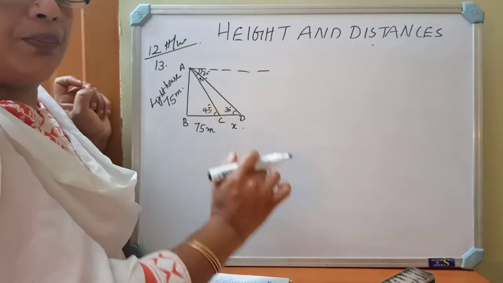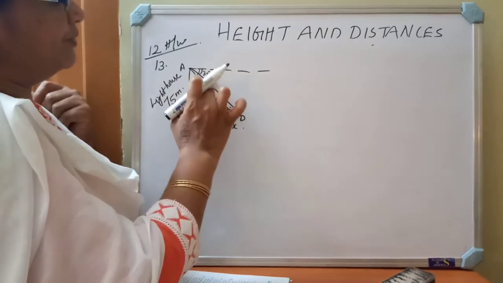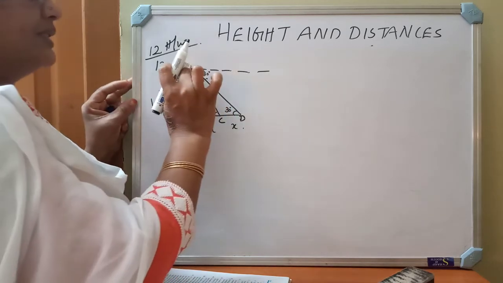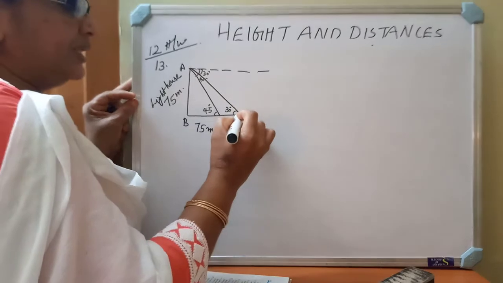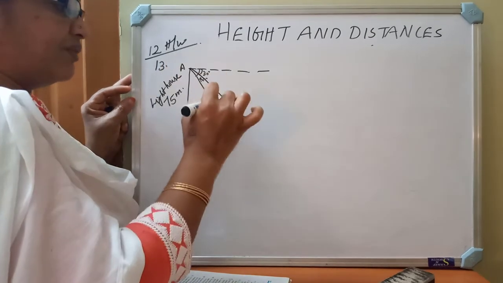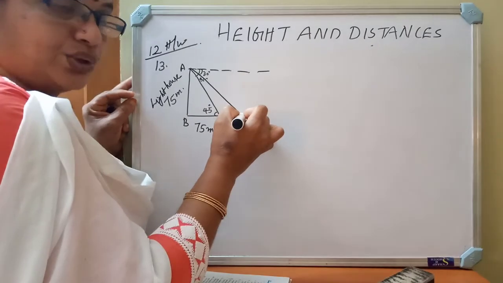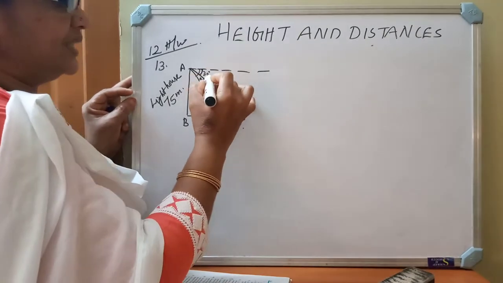So the angle of depression is there. Here, the first ship we are observing with an angle of depression of 30 degrees. So this is the horizontal line, this is the line of sight. This is the ship we are observing from this point. The straight line from our eyes to the object is the line of sight, and this is the horizontal line. So the angle of depression is 30 degrees.